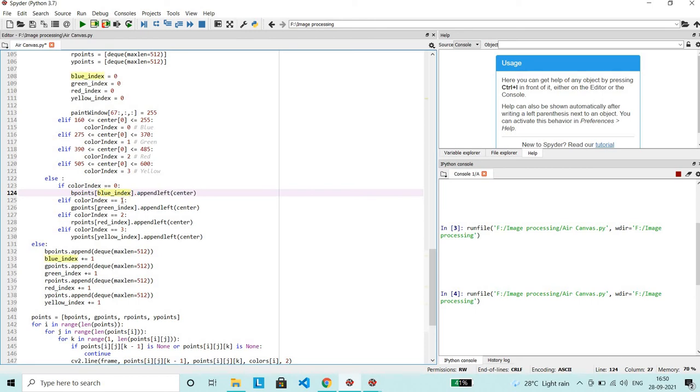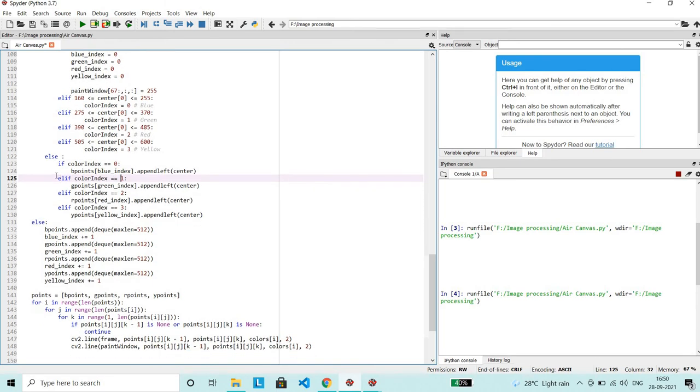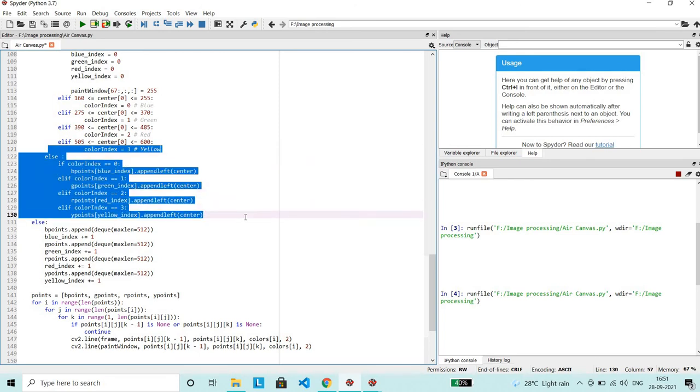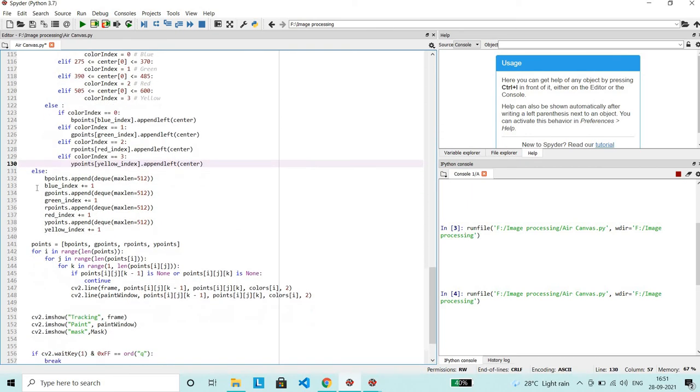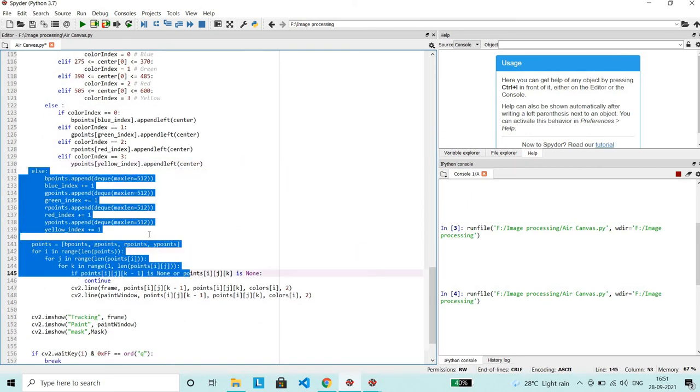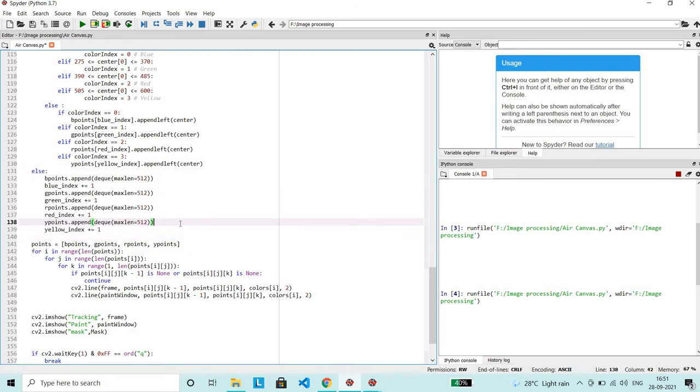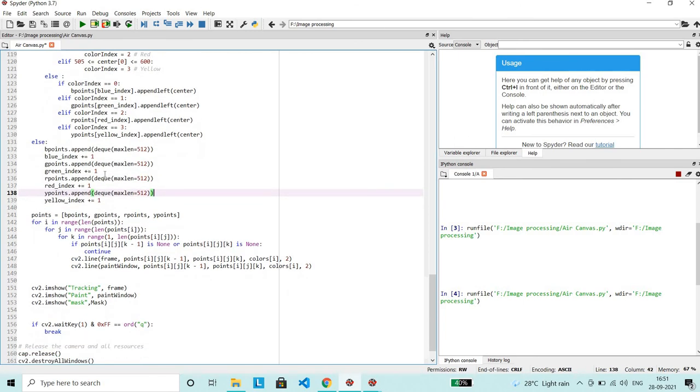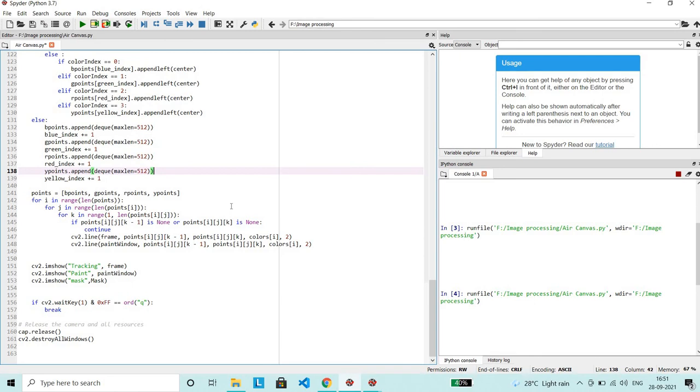If the color index is 1, then we append those coordinates into the deque of green color. This is the point where we insert the coordinates of the respective color into the deque of the respective colors, and using this we have changed the color and increased the indexes.